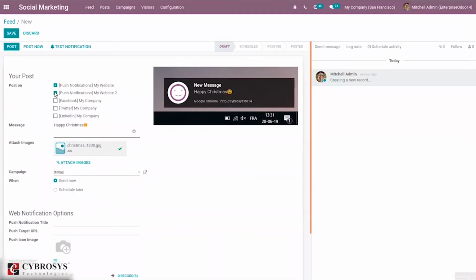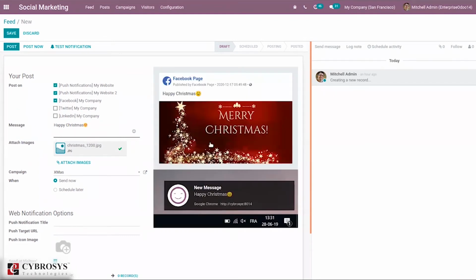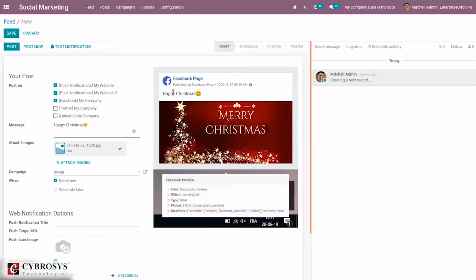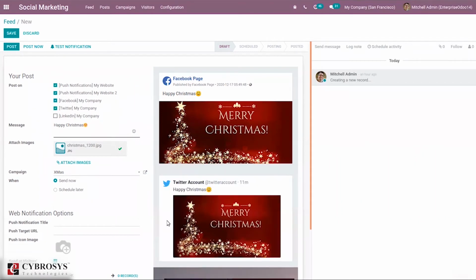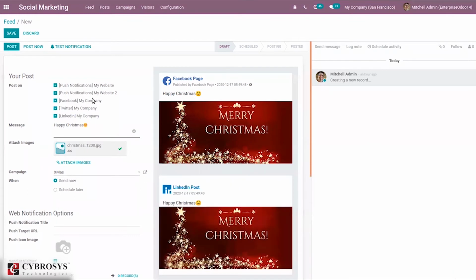As you select the option from here, you can see a preview of the post on the right side. When I select Facebook, you can see how it will be published in Facebook. And when I choose Twitter, I can see that also here. So I'm selecting all the options.